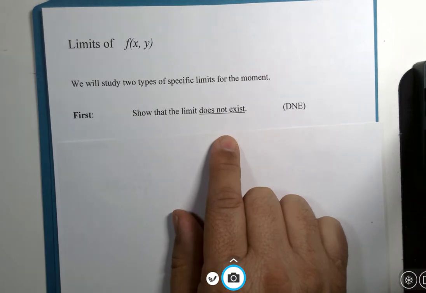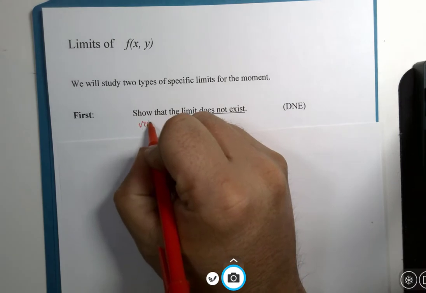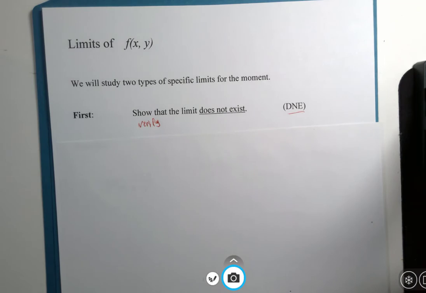We're going to verify that the limit does not exist. And so I'm going to show you how that works. This is manageable so long as the algebra is not too messy, but it certainly covers a case. It's easier to do this than to prove it does exist, and hopefully that will become clear as we go along. So the example we're going to look at